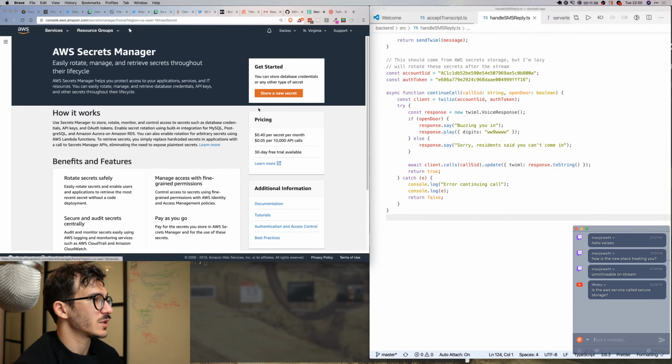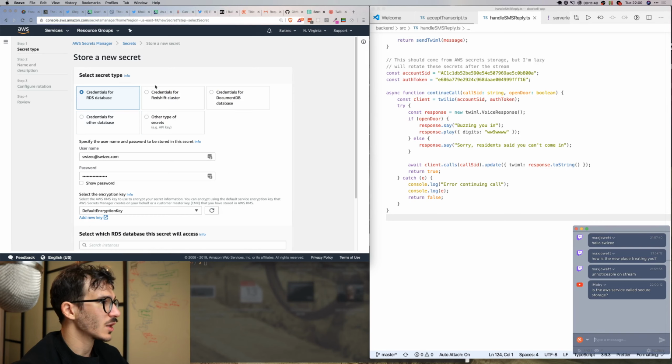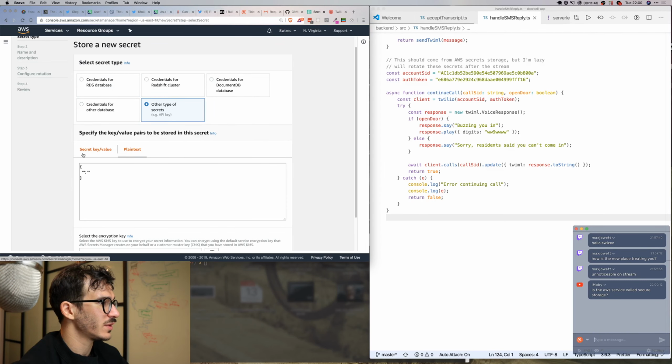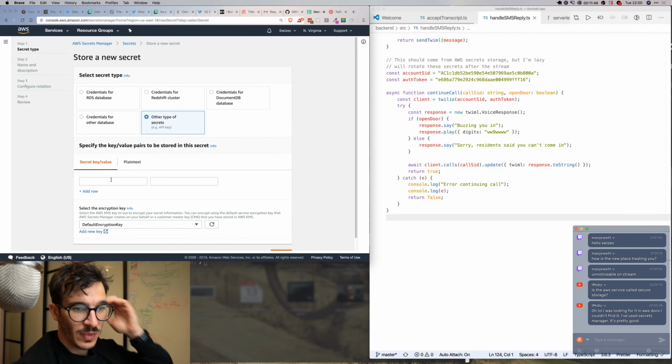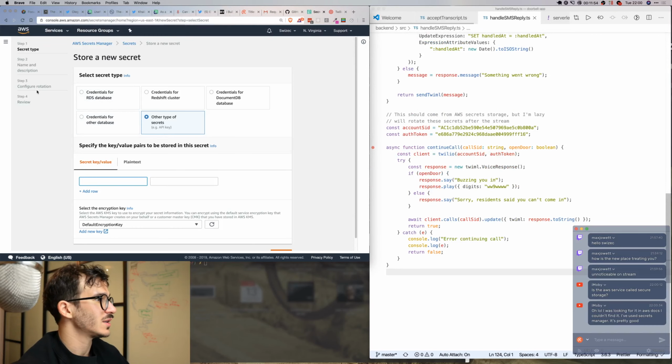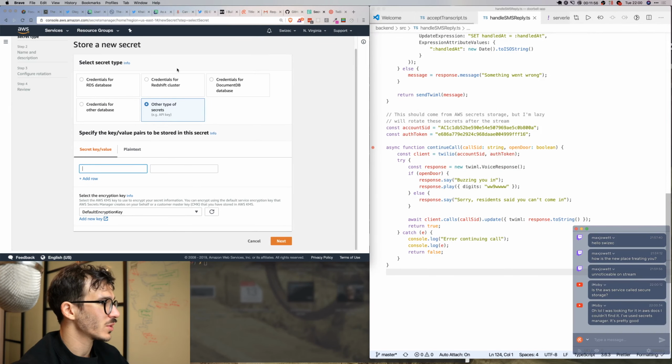Okay, store new secret, credentials for DocumentDB, credentials for other type of secrets. So we are going to have a secret key value. Yeah, Secrets Manager is amazing. I've used it before and it is great. So let's see, how am I going to use this? Select the encryption key. Okay, we're going to say account SID is going to be